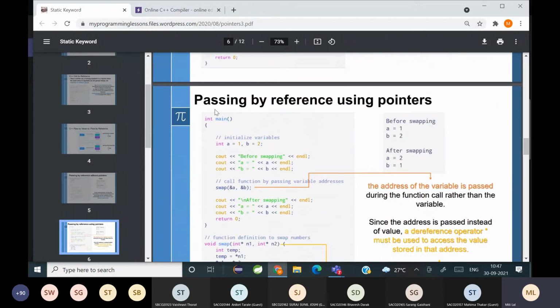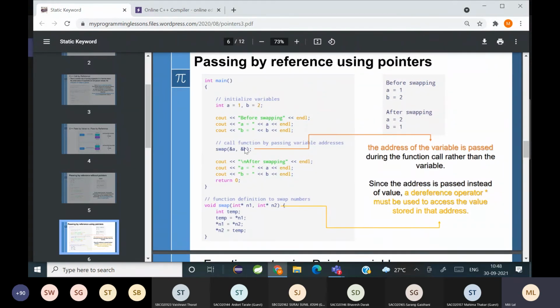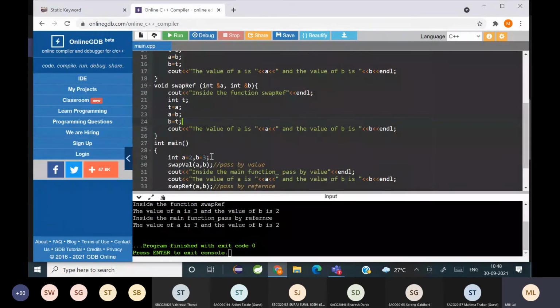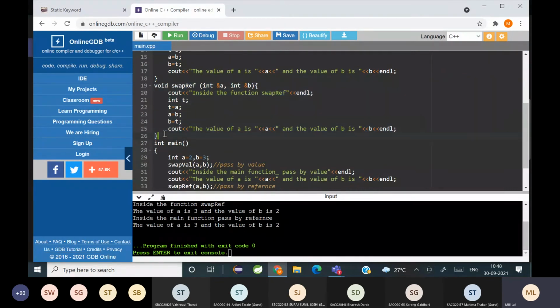Now you can also pass by reference using pointers. Pointers use करने में यहाँ पे कैसे you will use the dereference operator, as you all can see here. Can you all see here? You're using the dereference operator and in the function call में address pass करेंगे. मतलब ये यहाँ पे जो same है, I will write using pointer. Same function को लिखते हैं.